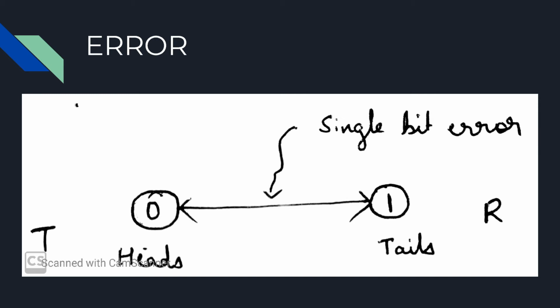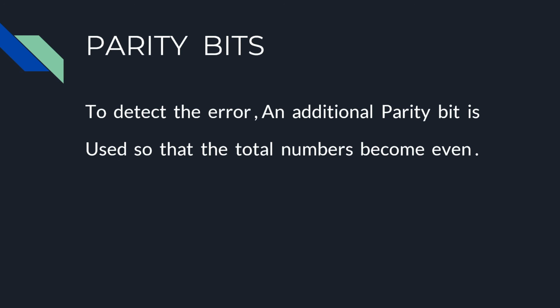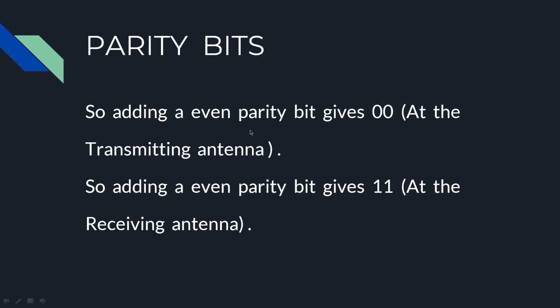If we have code words where the Hamming distance is 1, we can generate the set we want by adding a parity bit to each of the original words. Using even parity, the additional parity bit is chosen so that the total number of 1 bits becomes even. So we add another bit at the transmitter end as well as the receiver end. The parity bit added is 0 for heads and 1 for tails. So the number of bits now increases to 2, and the Hamming distance of these two encodings is 2.